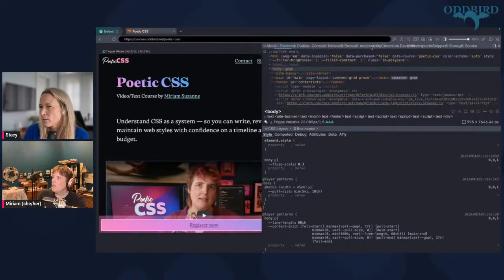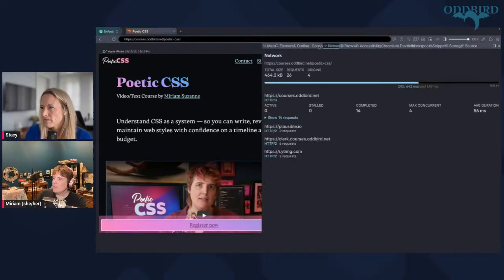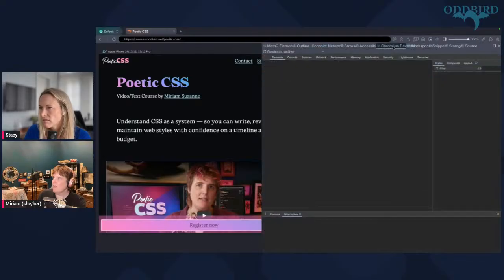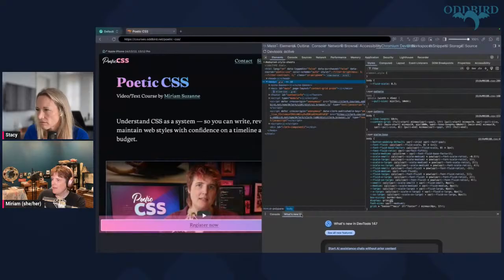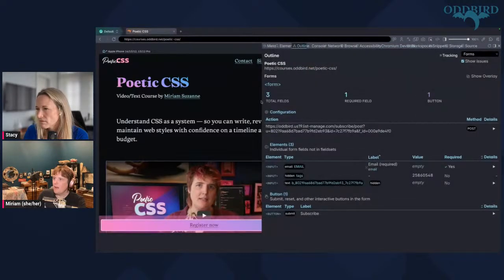I'd rather the text be large enough to see than know the tab name. But they've got a lot of the basic ones that you would expect, including Chrome's dev tools. You can just open that up and work within Chrome's dev tools as they are, but then you can also access all these other tools, like an outliner